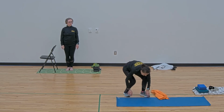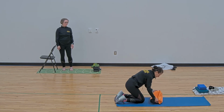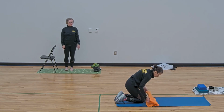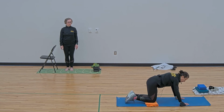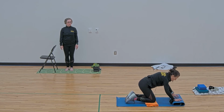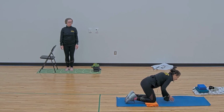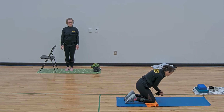We're going to come down onto our knees. So you can take the towel and place it underneath your knees. You can roll your mat. And we're going to come onto all fours. Now, if this doesn't give you enough support, you can roll up your mat and put it right underneath your hands. From this position, we're going to do just a little bit of work